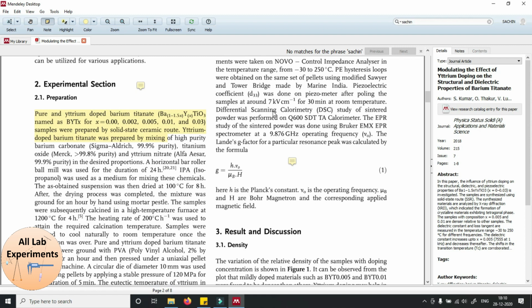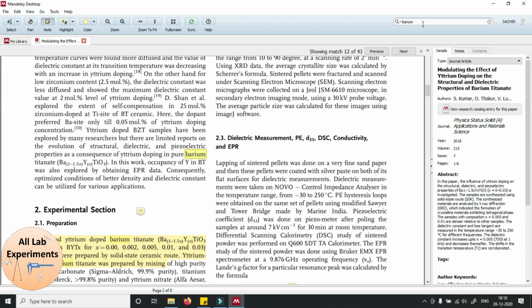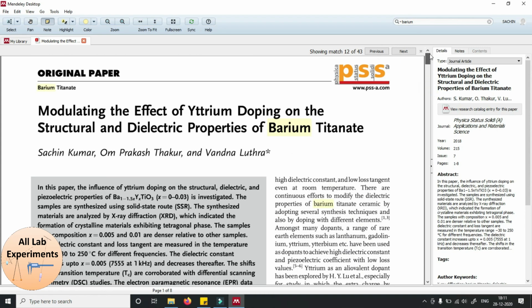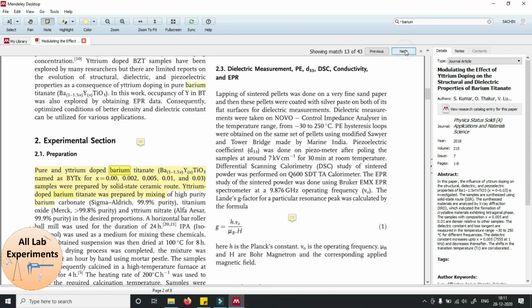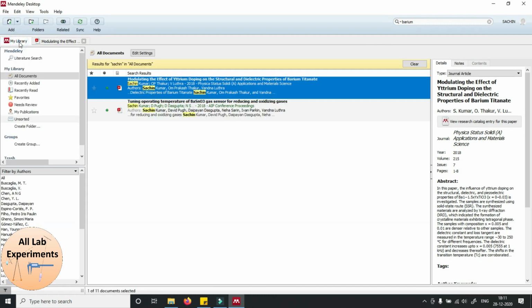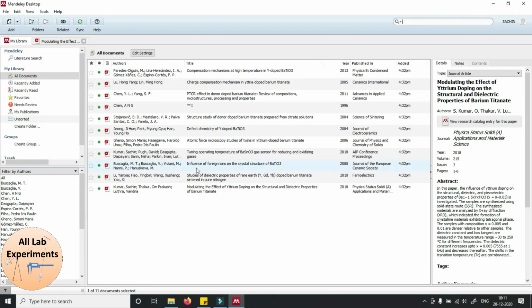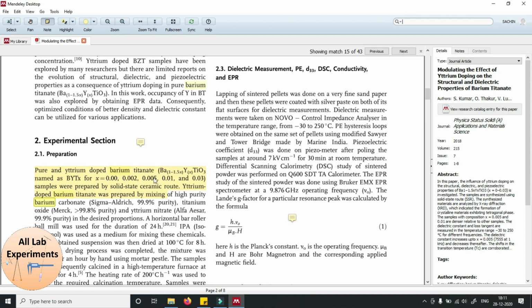Now if you want to search any word within the literature, you can just search. Like this paper is dedicated to barium titanate, so barium. If I search barium, 43 times in this paper I have used this word barium, and when I switch next, I can come to all the bariums written in this paper. So what I have done, at the beginning I searched one paper among all the papers. In the next step, when I open this paper, I can highlight something, I can add a note, and I can search within the paper. So this is also a good thing.